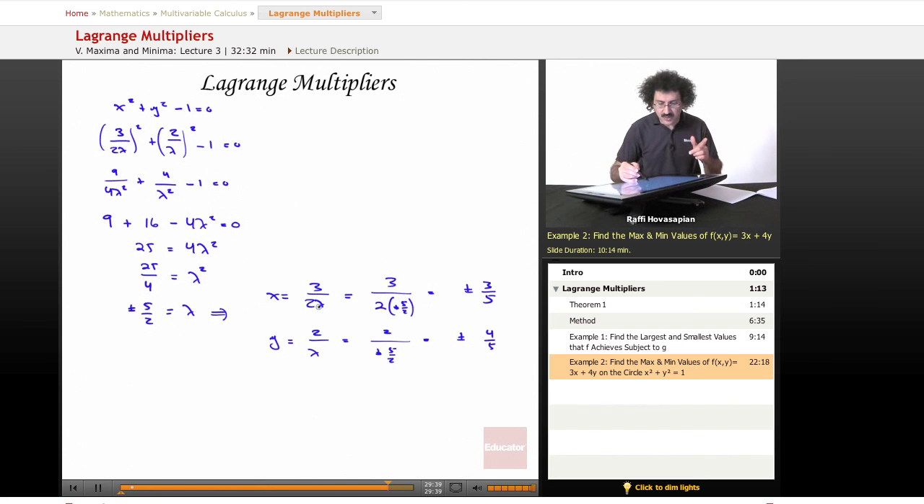X equals 3 over 2 lambda, y equals 2 over lambda. X and y have the same sign, so they're either both positive or they're both negative. So we don't have 4 points to pick, we only have 2 points to pick: one in the first quadrant, one in the third quadrant. That's what's going on here. I mean, you can go ahead and use the other, that's not a problem. You're going to get the answer, but just something else to be aware of. So basically, our points that we're going to pick are,